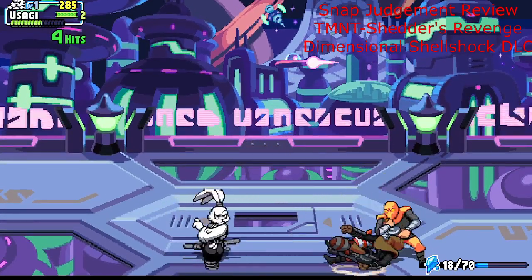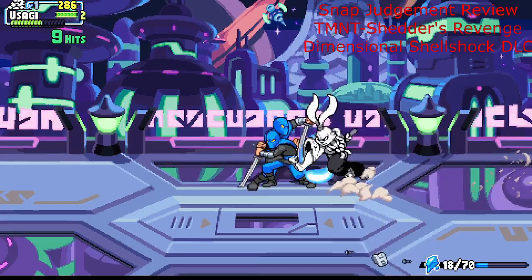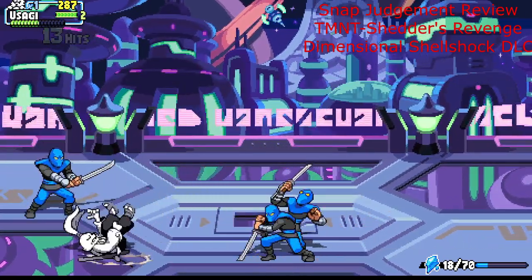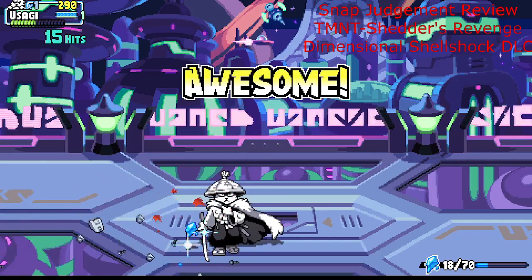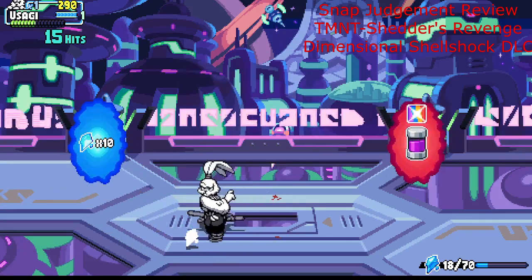Usagi Yojimbo, heavily fan requested. Karai, really cool, interesting, outside-the-box character. I think both of these characters are really cool. They're really interesting, really nifty adds. So I'm glad to see them here. And again, you can also play them in the original story and arcade modes, so it adds that level of